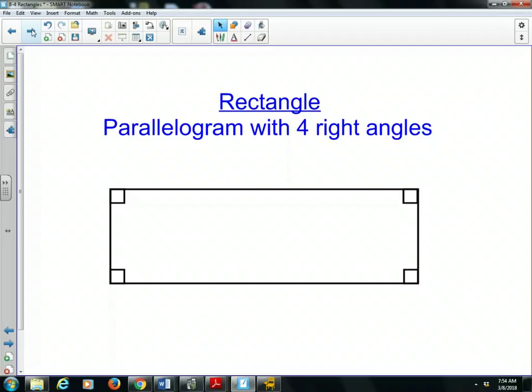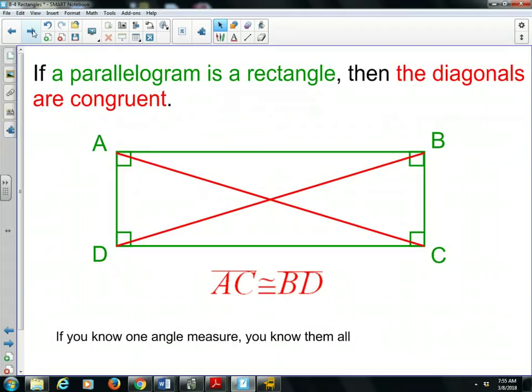Now we're also talking about a shape that has 4 right angles. You've probably known that at a very young age before, but now we're fully defining it. It's a parallelogram, so opposite sides congruent, opposite angles congruent, opposite sides parallel, the diagonals bisect each other, one diagonal creates 2 congruent triangles. All 6 of those properties still exist, but now it also has 4 right angles, or 4 90-degree angles. Another big property about a rectangle, this conditional statement, this if-then statement, if a parallelogram is a